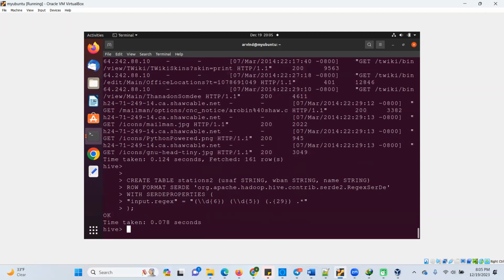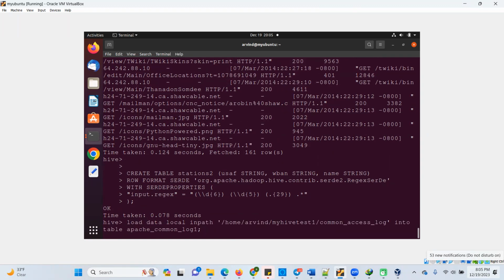Okay, so I want to load the data. The load process is the same, load data. Here my table name is station 2, and the file name is